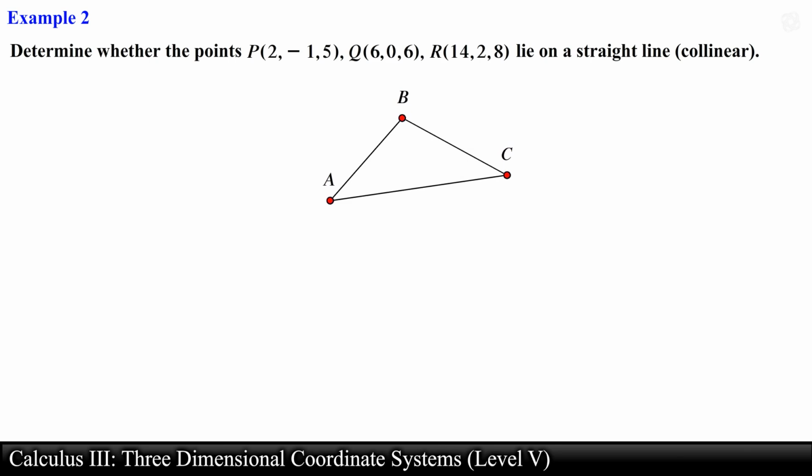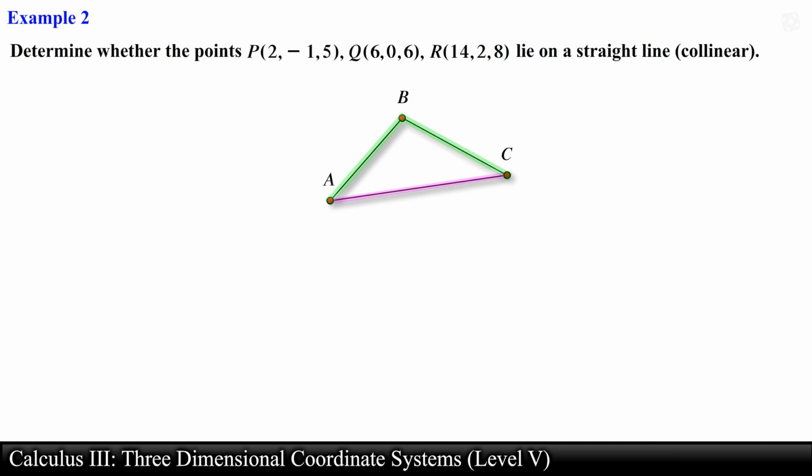If this is the case, then by using the properties of triangles established in elementary geometry, we can show that the sum of the 2 sides must be greater than the third side. In other words, if these 3 points are not collinear, then they form a triangle. And we would have to show that the sum of 2 line segments has to be greater than the third